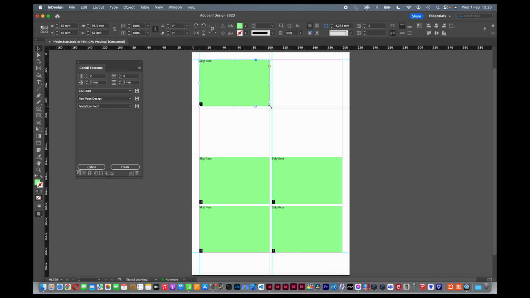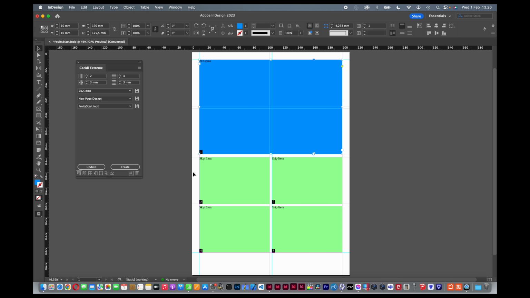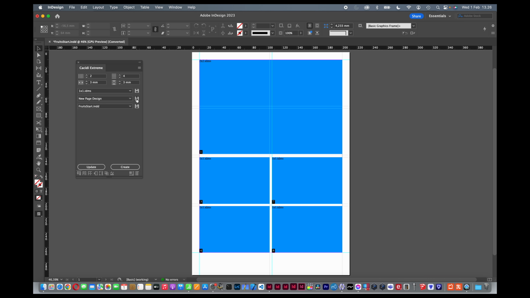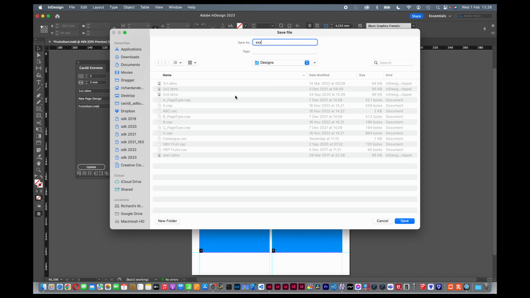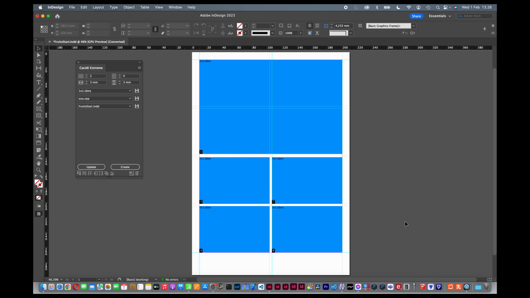I want a big one up here, and I will of course select the design that fits that. And for the lower 4 here, I will take the 1x1, the small design. Now I can save this one as a page design, and my page will be built this way all the time. So if I just save this one and run this